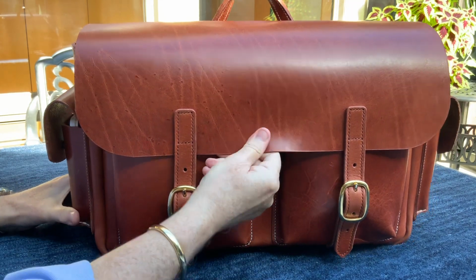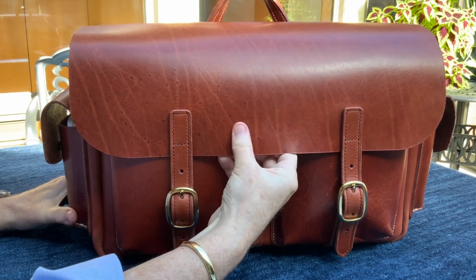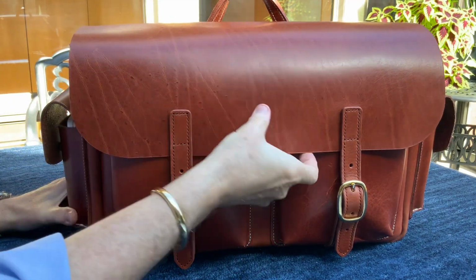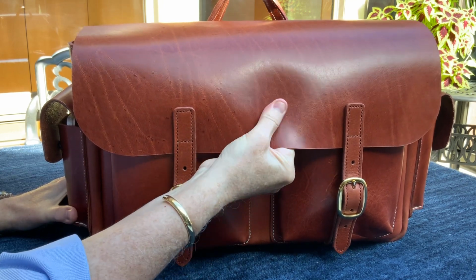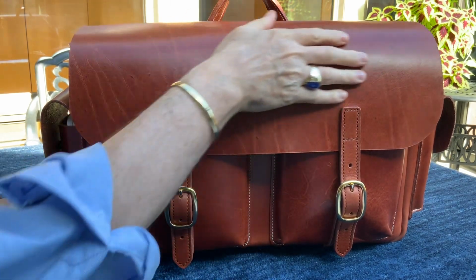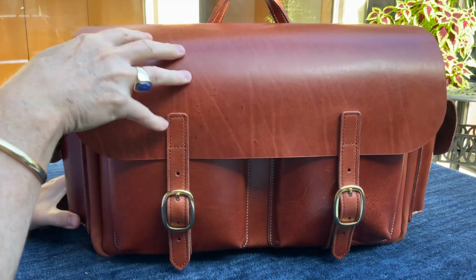Unlike a chrome tanned leather that, as you use it, picks up dirt, and the dirt gets into the open pores of chrome tan. Chrome tanned is not a dense leather like this. This is a very dense leather. If you rub your hand on it, you can tell that it is just very, very solid and dense, and the surface is closed. On a chrome tanned bag, generally they apply a sprayed on surface to give it the